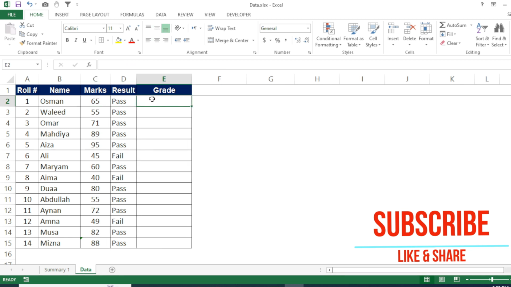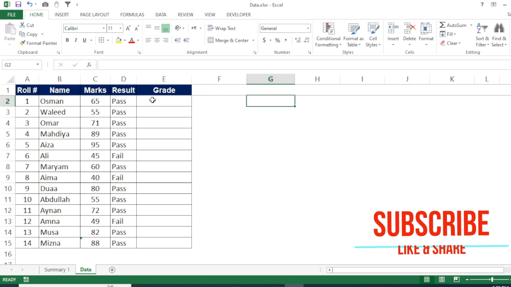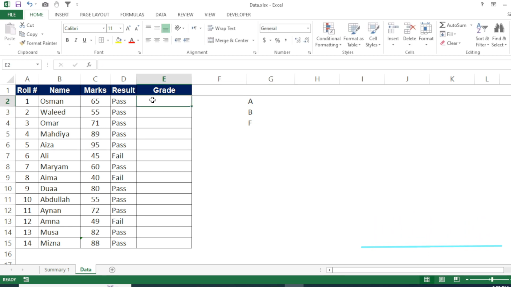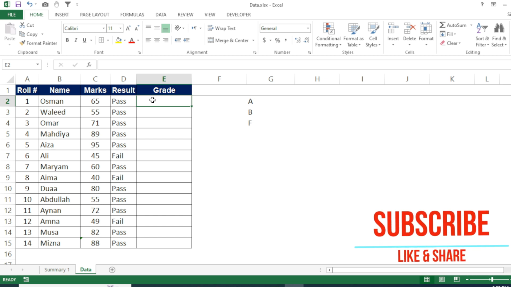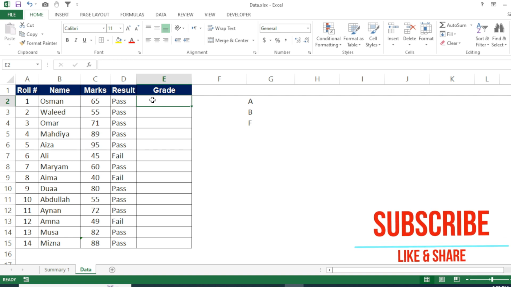Now suppose we want to add grades, for example A grade, B grade and F grade. This is the multiple condition we want to use on this result card by using if condition. With if we have to use and formula to support this. Equal to if